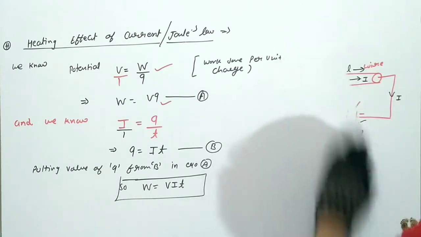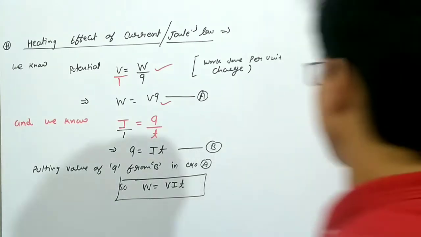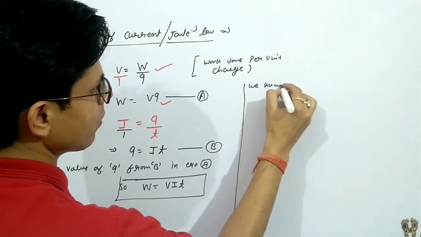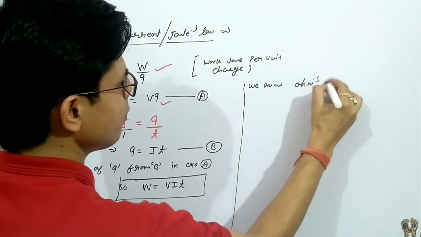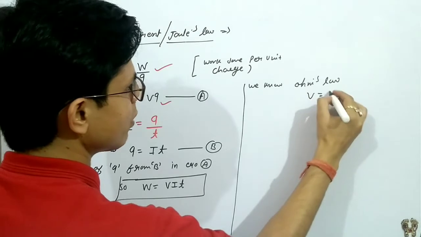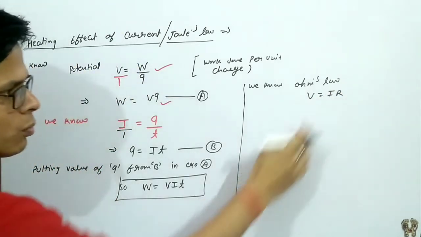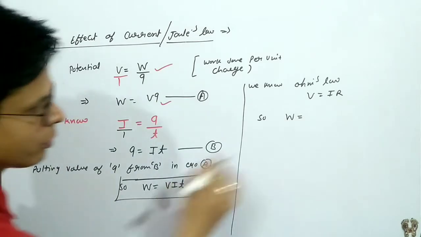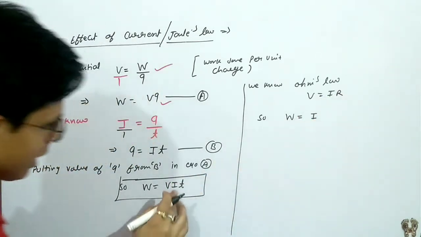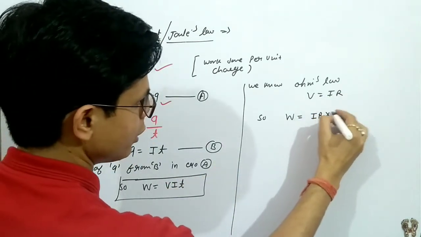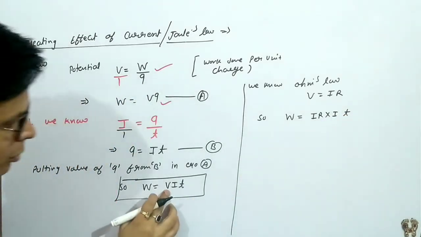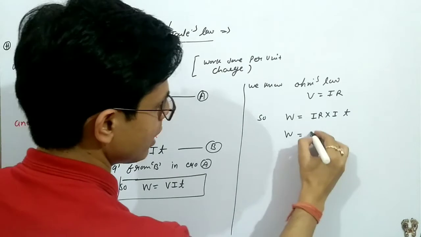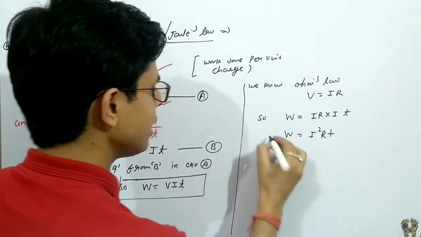Now from here, we know Ohm's law, which we have discussed. Ohm's law: V equals IR. So in place of V you put this value, IR, so W equals I times R times I times T. So W equals I squared RT. This work